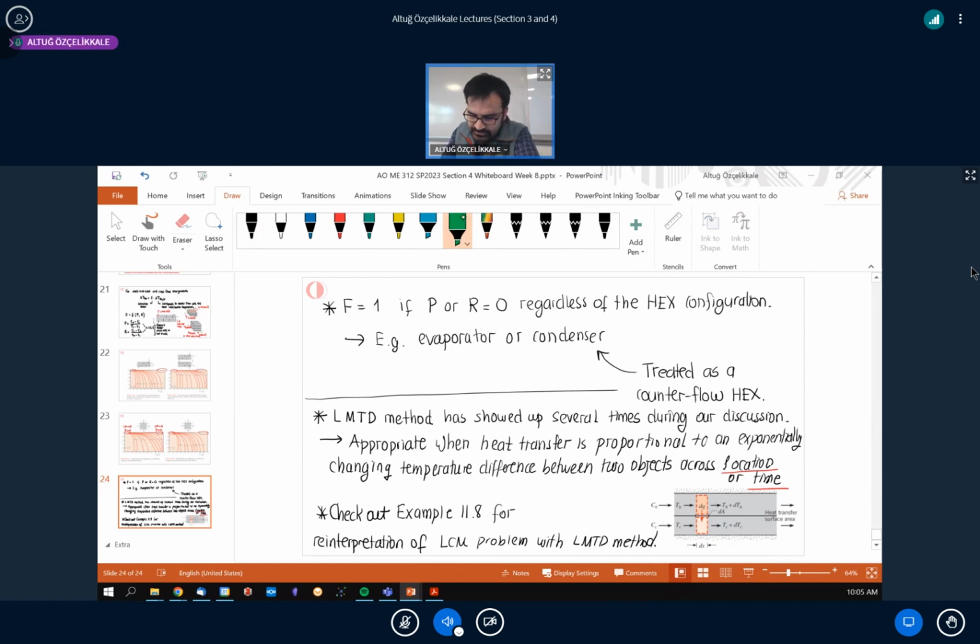remember this figure when we were talking about log mean temperature difference? It is the length of the heat exchanger, but what if it was time? Imagine that you have two objects brought in contact, call them A and B. And there is a thermal resistance between them. And over time, when you bring them together,